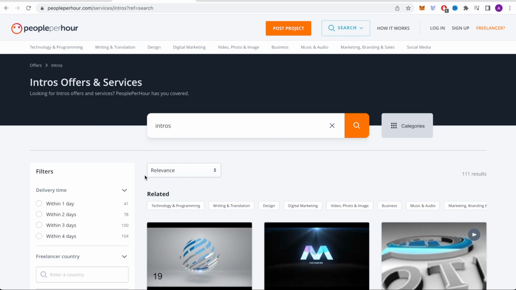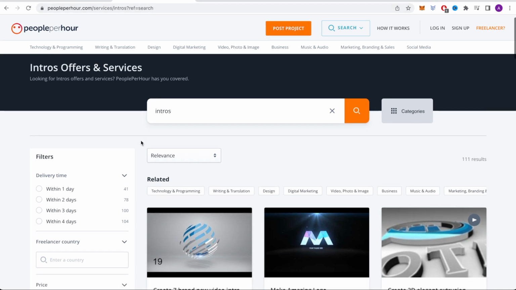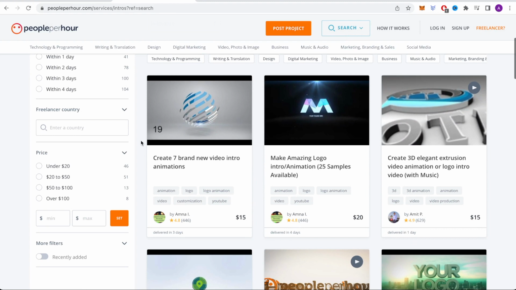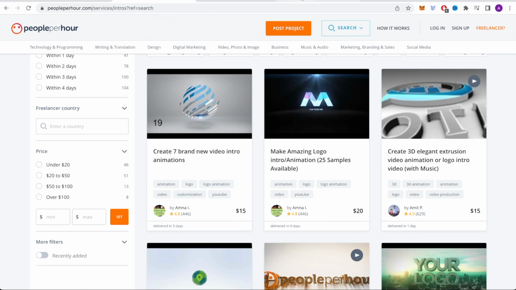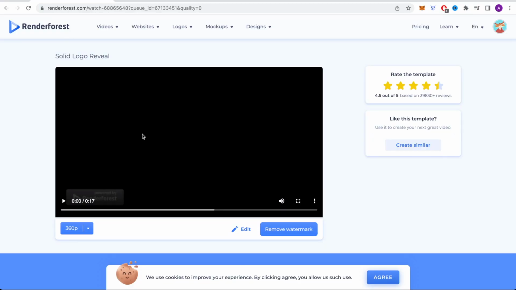So when you post your gig on People Per Hour or any other freelance website and you get someone to purchase your gig, they'll just tell you what that one word is, which you will just type into your template on renderforest.com. And when your video is done rendering, you'll be able to download it to your computer, then just send it to your customer. So that brings us to the end of